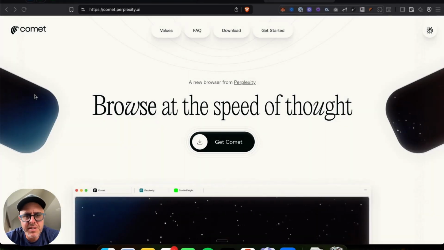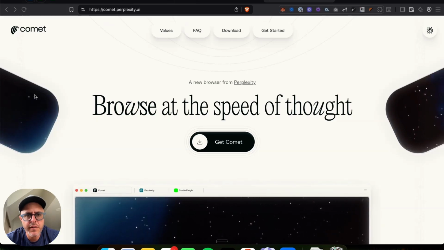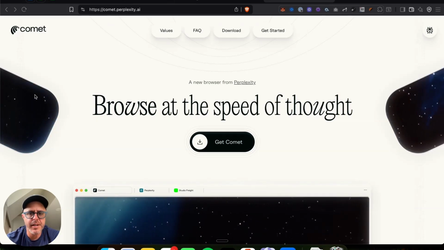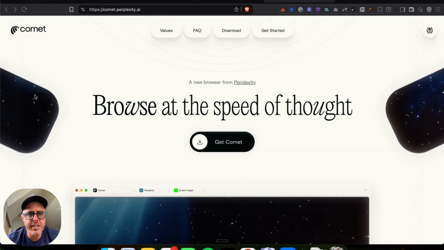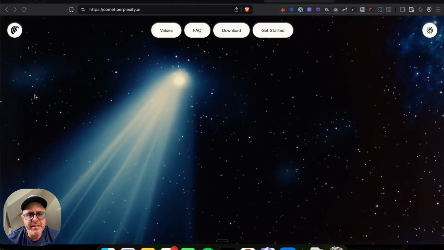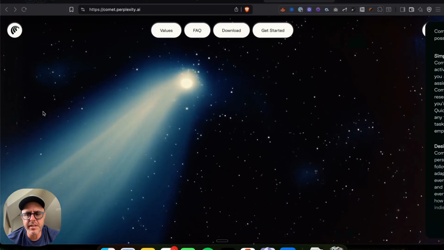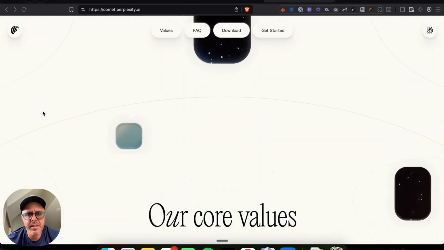Hey, how's it going? So today we're going to try out a new tool from Perplexity called Comet. Comet is an agentic browser. I got an invite to this. This has been out for a few weeks now, but I got an invite to this, and looking at this